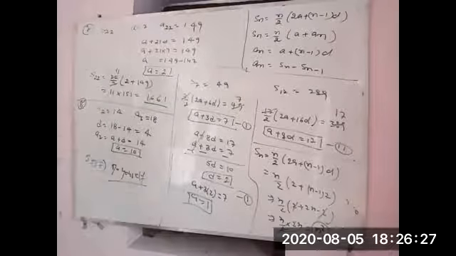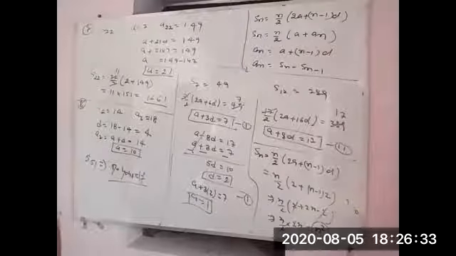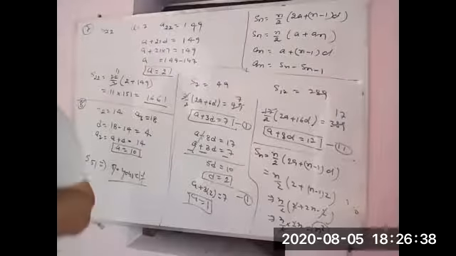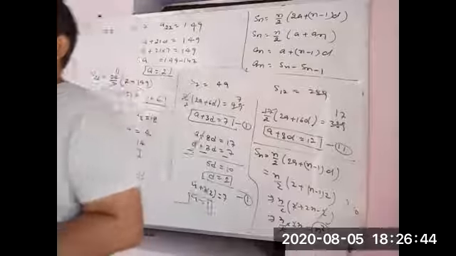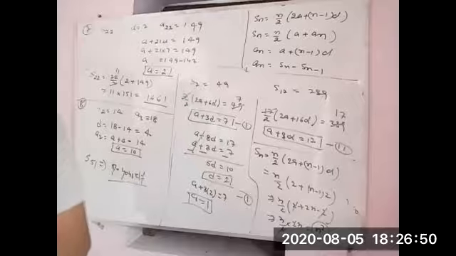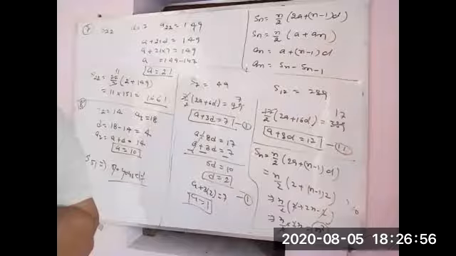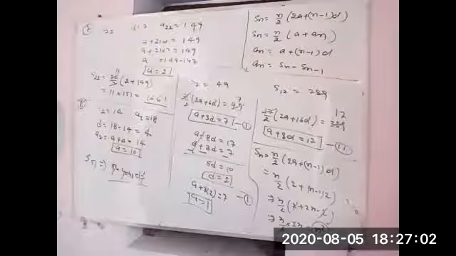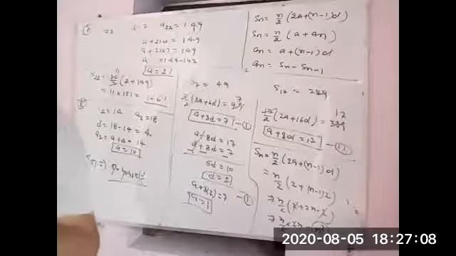So that is the sum for this, and one more thing you have to listen to here. What you have to keep in your mind? The value of Sn will always be in the form of n square. When you are finding the sum of n terms, the answer will come in n square. So don't think, oh, it is coming in n, then what is the answer here? Simply, the sum of n terms will come in n square, and when we are talking about the nth term, n will come.